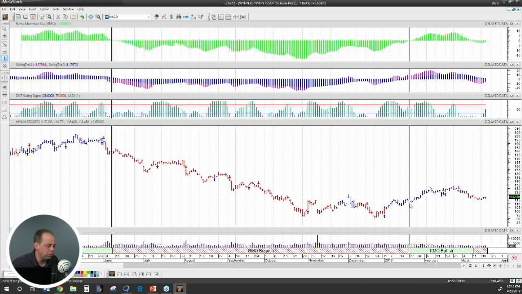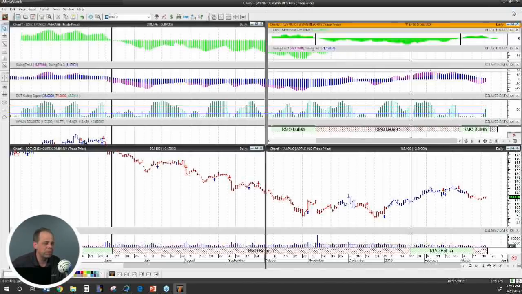My argument here is if you're only looking to take short positions while the stock's going straight down, it's going to be beneficial for you, right? This last little bit of trading, we would have taken a trade and lost a little bit of money here, okay? Right now, we're bearish on Wynn. Unless that changes, unless we start to see some strength in it, we're anticipating downside based on the RMO.